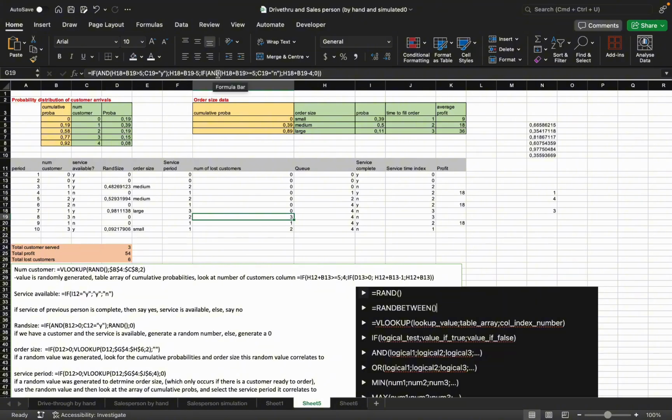However, if H18 plus B19 is greater than 5 and C19 is equal to no, there isn't a service person available, then you add up the people that were in the queue and the people that arrived, but you subtract 4 from it, not 5. So for example, if there were 4 people in the queue,